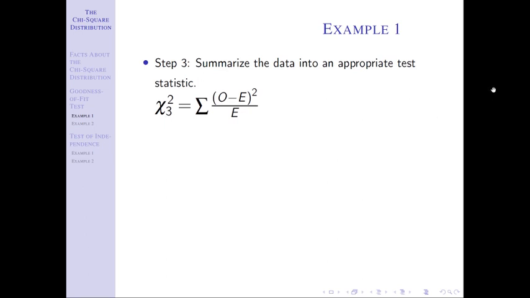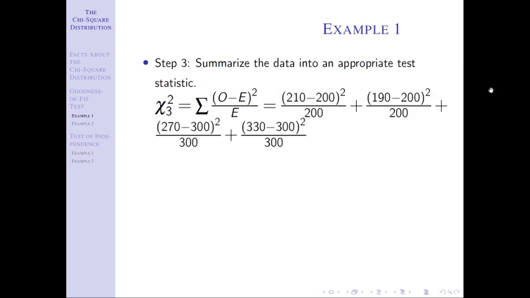And then we just plug and chug. We wrote down all those expected counts below the observed counts to make it easier for us to fill in this formula. We're going to take those 4 observed counts. We're going to subtract each one's respective expected count, even though 2 of them duplicate, like so. And then the math should work out pretty simple for you. 210 minus 200 is 10. 10 squared is 100. 100 divided by 200 is 1/2.